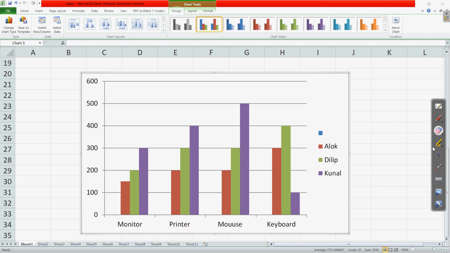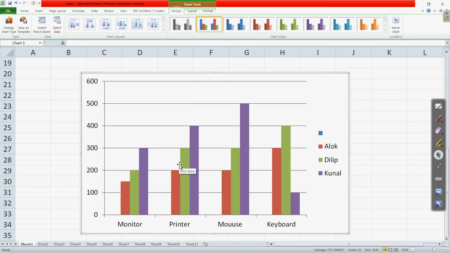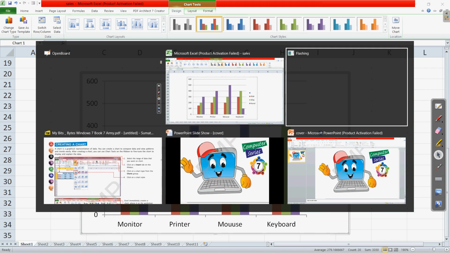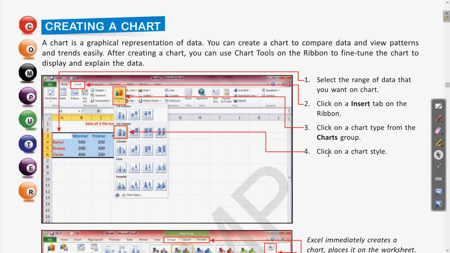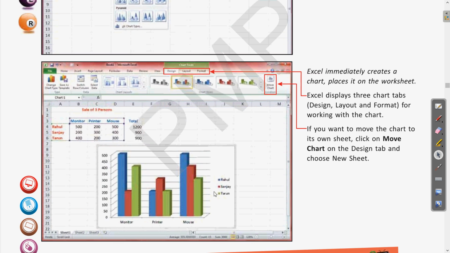Okay, let us erase and come to the textbook once again. So here we are. So we have seen that whatever chart style we have chosen, according to that we have followed steps 1 to 4, and then we have created the chart. So here a similar chart is created also. We have chosen the 2D, and we also have the option to choose the 3D option. So this will denote the 2D or the 3D view of that.